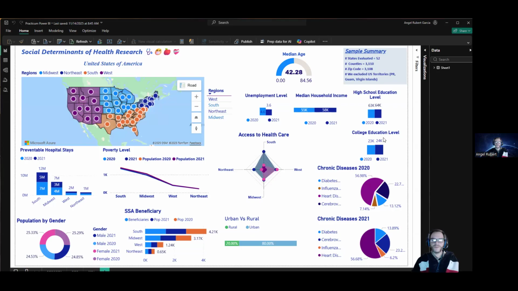For this project, we work with the census data file of 2020 and 2021. We covered 52 states, 3,110 counties, and 3,108 zip codes. We excluded U.S. territories such as Puerto Rico, Guam, and the Virgin Islands, just to focus on the US main states. Our goal was to explore how social determinants factors like income, education, sex, employment, geography influence chronic diseases and